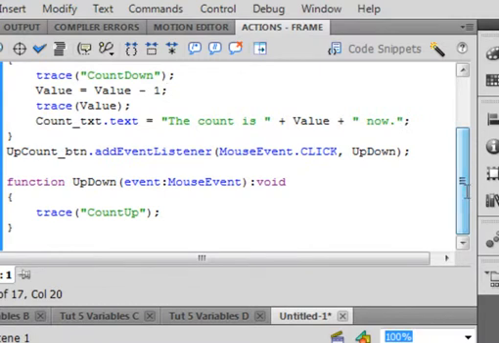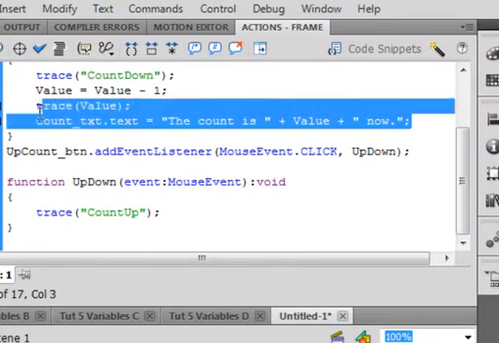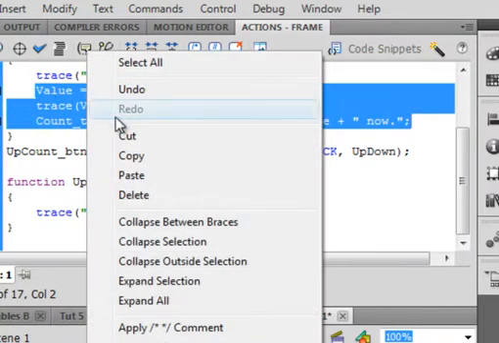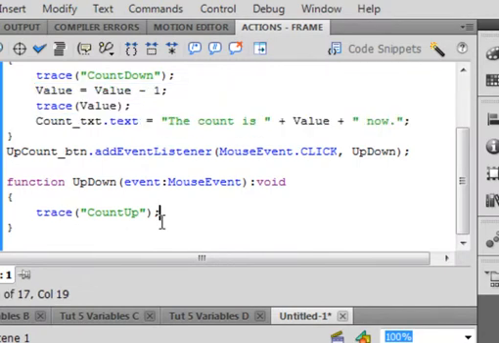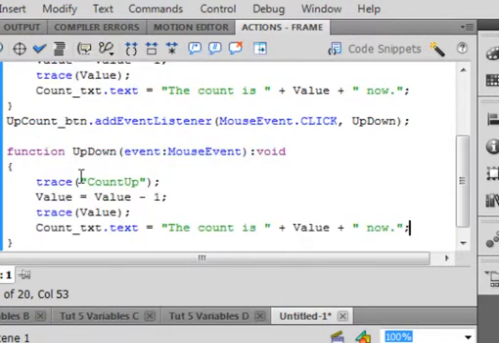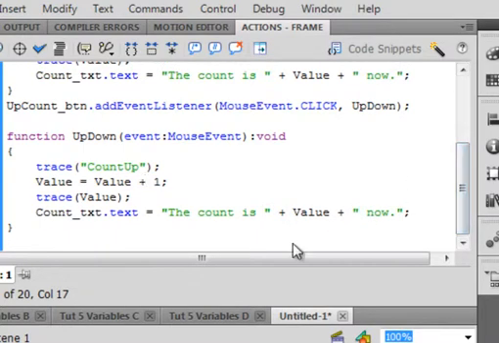Okay. Come down to the up count here. Copy this. These 3 lines, copy them, right click, copy. After this count up trace, enter, paste what you copied, and change this to a plus, to add 1. So every time we come to the count up, it will add 1 and trace it, and also display it